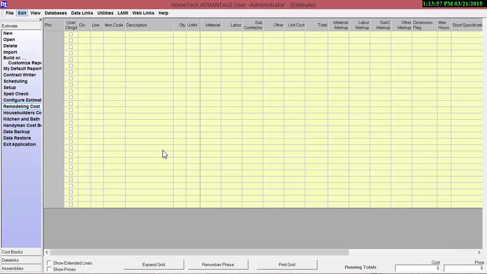The estimate window, defined by this yellow grid, is where you will set up phases, add cost items, and fill in the quantities for those cost items for building your estimate. Across the top is what I refer to as the File menu, where it says File, Edit, View, Databases, Data Links, Utilities, LAMI, Web Links, and Help. To the left